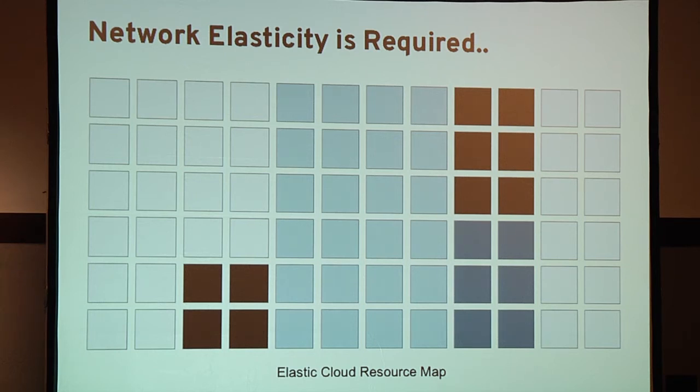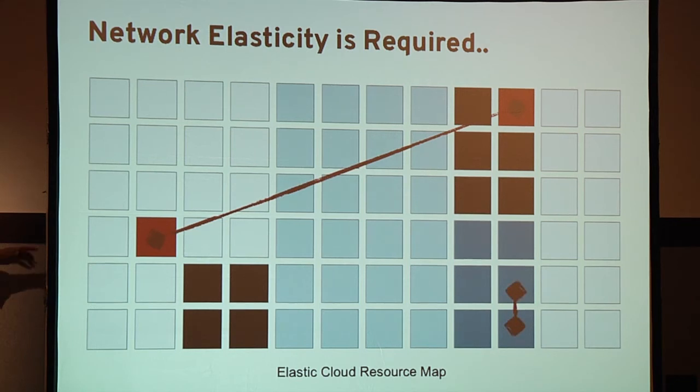That gives us scalability and gives us performance. So we need to make sure that this node can talk to this node with the same rough characteristics and performance as something fairly local.